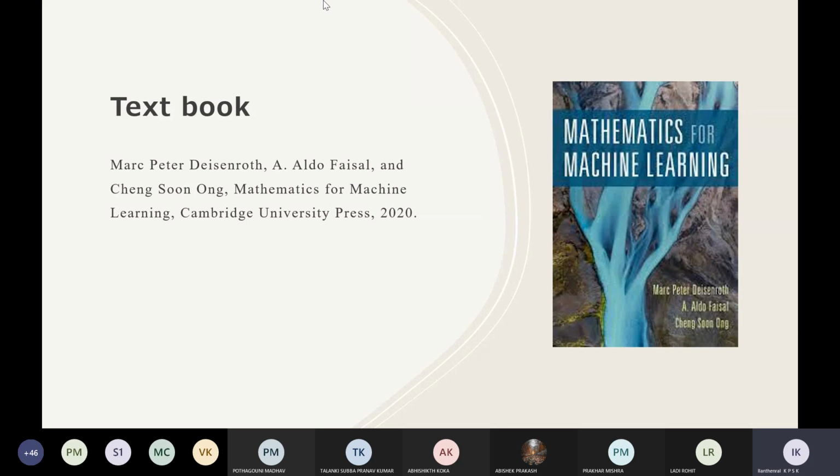The next thing is the textbook that we're going to follow verbatim, which is Mathematics for Machine Learning. If you just Google this, you will get the PDF of the same thing. mml-book.org or something is there. The whole PDF of this book is given. You can also download it and have it with you.